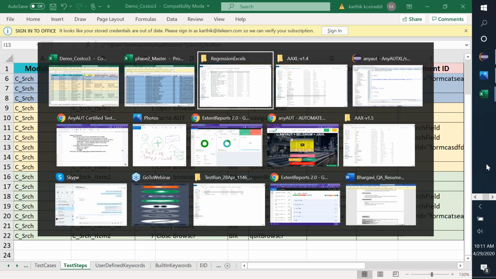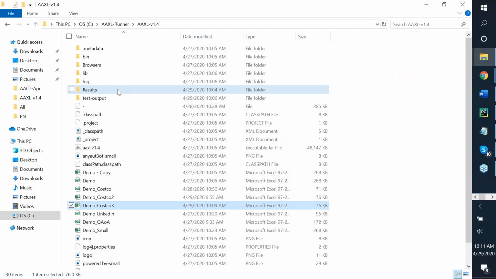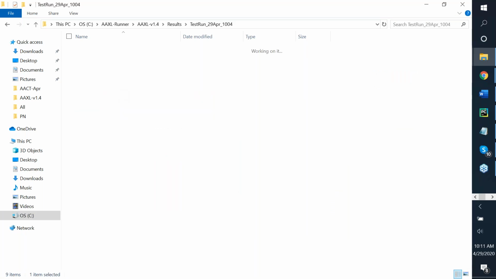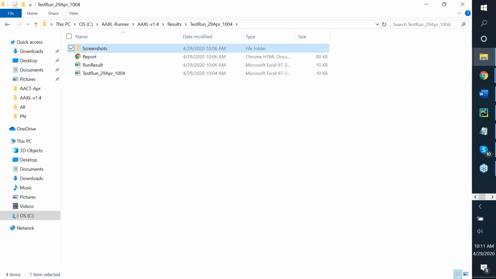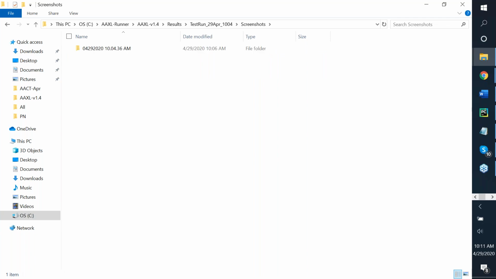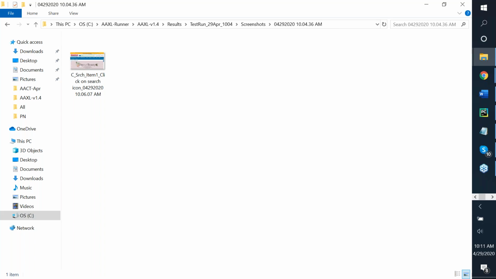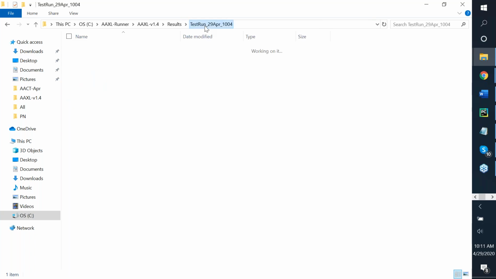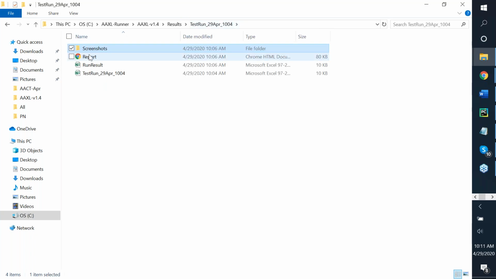So the results for the cost code 3 are here. And now you see there's a screenshots folder. It is taken in a case when the application has seen an issue, and it will name it with that module name, the test case name, the step number, and what the step was trying to do, with the timestamp. The way we look at this screenshot is not by going to the folder. We open the report.html